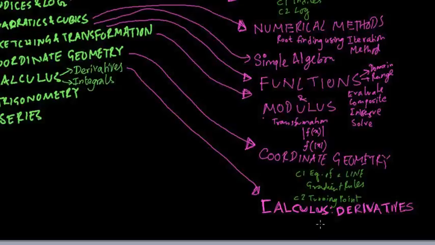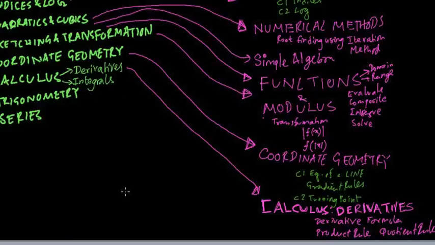In spite of having the derivative formulas that were not in the C1 C2 paper, we also have two derivative rules called the product rule, what do you do when two quantities are multiplied, and the quotient rule, when two quantities are divided? Because usually in C1 and C2 we had the addition rule. What do we do when two quantities are added together? We can easily differentiate them, but now we have the product rule and the quotient rule in addition to the derivative formulas. Now in C3 there is no integration needed, so we do not have to do any integration in